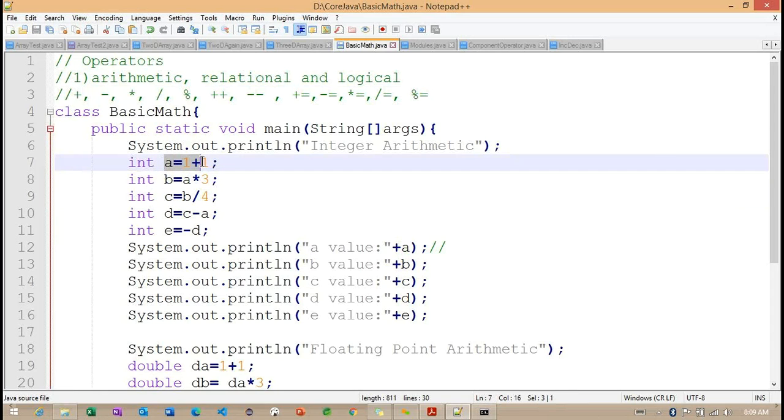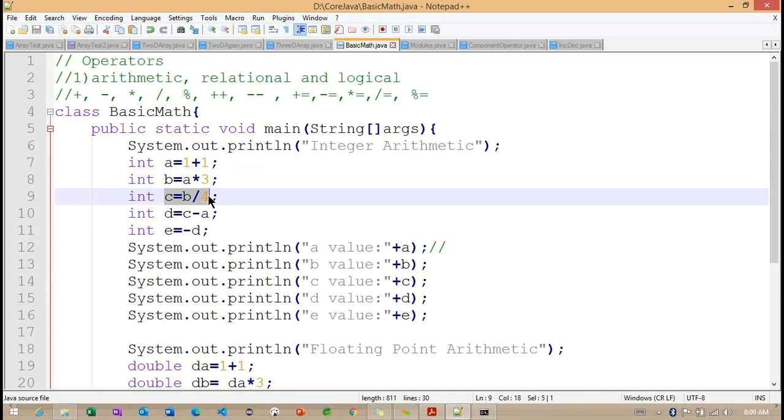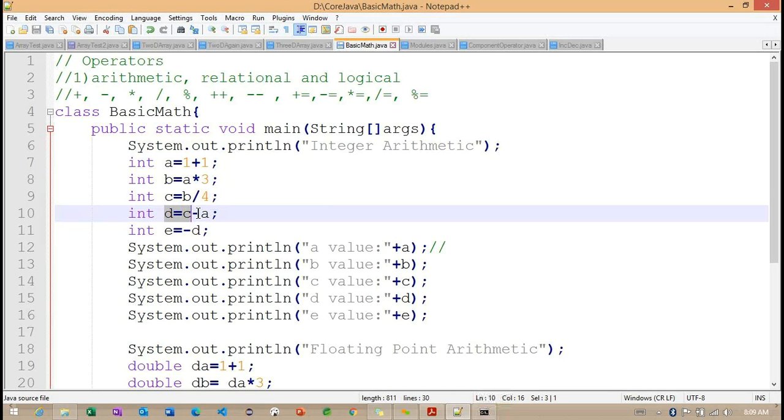Now you can see, with the a value we work with multiplication, and with the c value, division. We work with subtraction with the d value, and finally we do the subtraction of the d value.